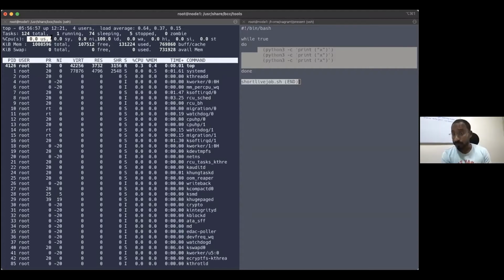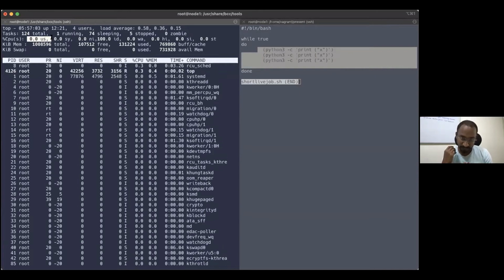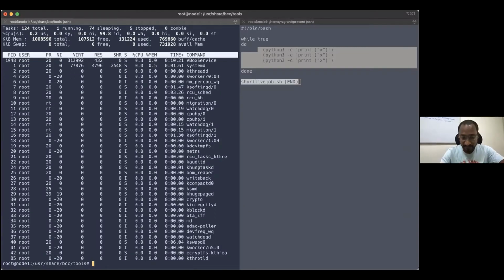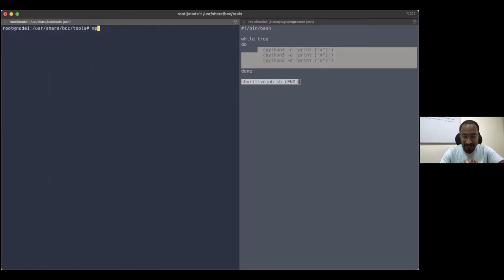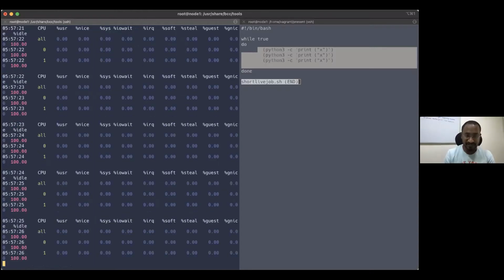So what I'm trying to share here is, even the top command has some limitations. We cannot conclude that we got our input from top. There is some gap in top that I also like to highlight using this demo. Then another important point I like to highlight is mpstat -P ALL 1. It is quite another interesting command.